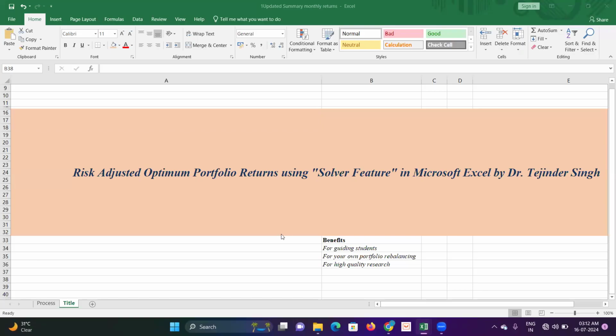In this video, I will tell you about the process for calculating risk-adjusted optimum portfolio returns using the solver feature in Microsoft Excel. So to begin with,